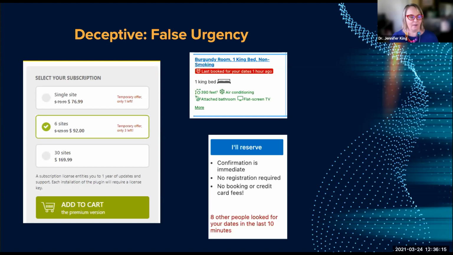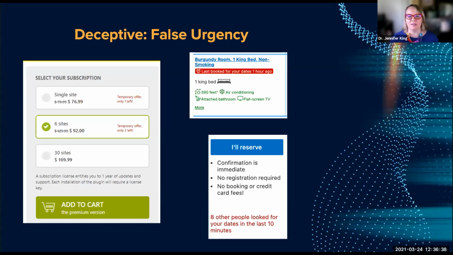The reason I say these are deceptive is that generally when these have been investigated, when developers or researchers have gone behind the scenes and looked at the code, whether it's a countdown timer or what have you, they're often not connected to any actual real fact, meaning the countdown timer is artificial.